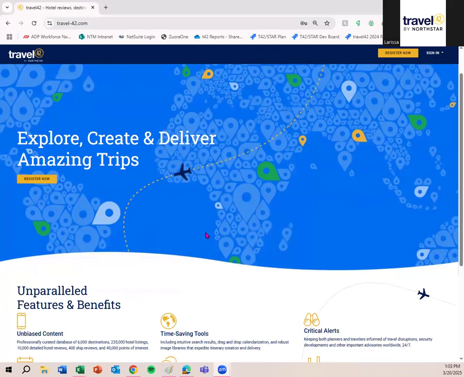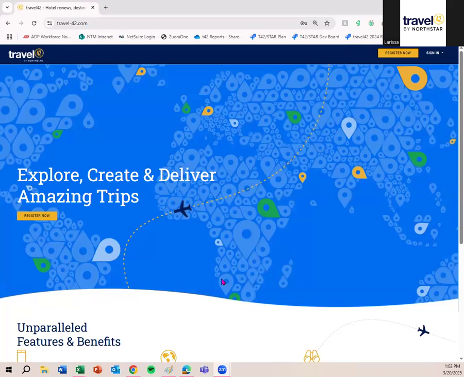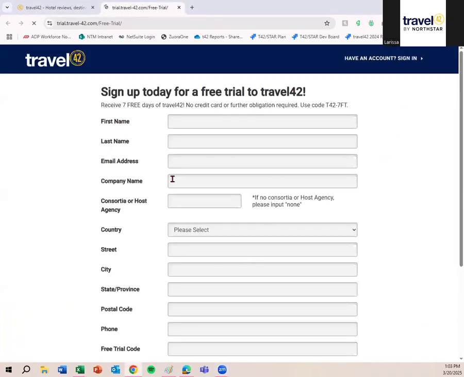So first off, I am at the non-logged in page of Travel42. On this page, I have two options. I can register now or I can sign in. If you click register now, that will pull up the free trial form that you fill out to set up